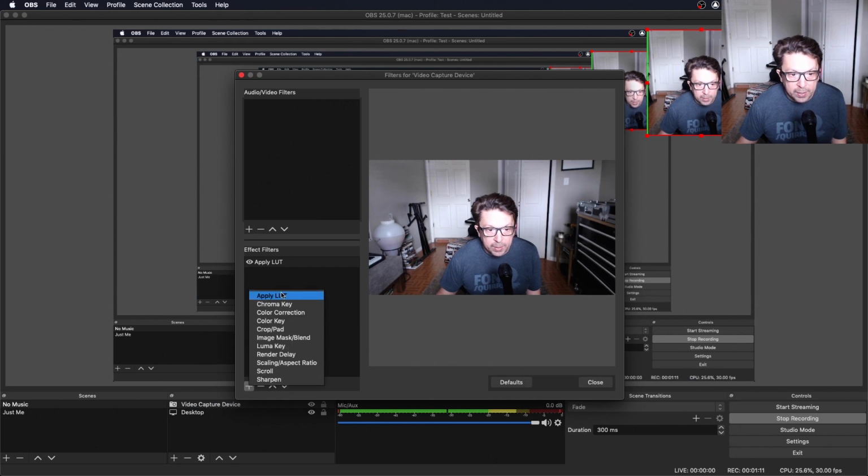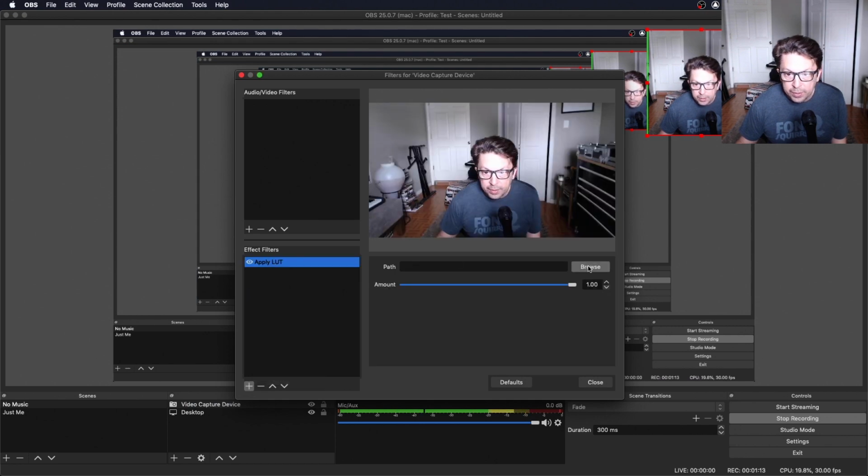So one thing that I did want to point out also is I added a LUT to this particular camera because I want to, again, give it more work. What's a LUT? It's called a lookup table. And whenever you have a video source, you can right click and hit filter, and you can add a LUT by coming up here, apply LUT, and you browse and you load up this file. These lookup tables are created because people want to communicate color information between one application to the other, and that's simply it. So if you create a color grade in Adobe Premiere, you can then tell somebody who's editing the same video